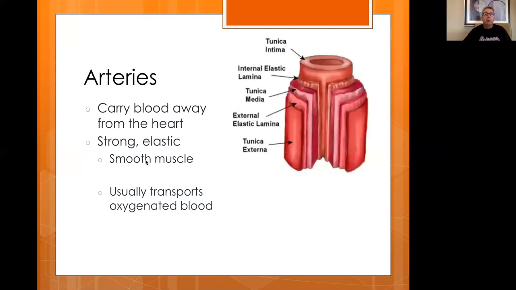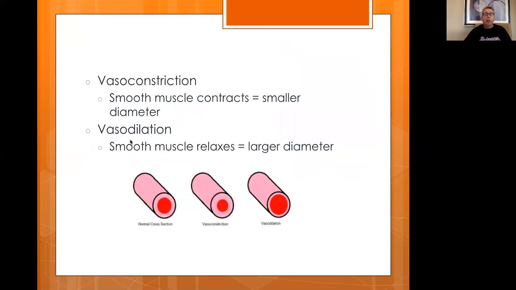So arteries carry blood away from the heart. They're strong, elastic, and are made of smooth muscle. They usually transport oxygenated blood. We'll talk about the instance where they do not. And then we're going to talk about constriction of the blood vessels. We have vasoconstriction, where the smooth muscle contracts and we get a smaller diameter, and then vasodilation, where it relaxes,